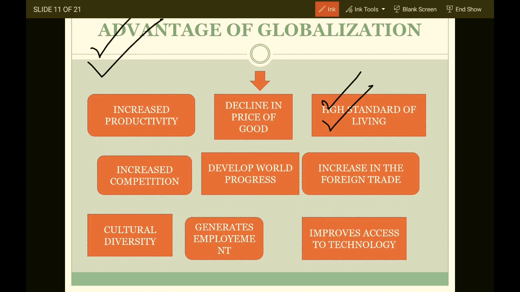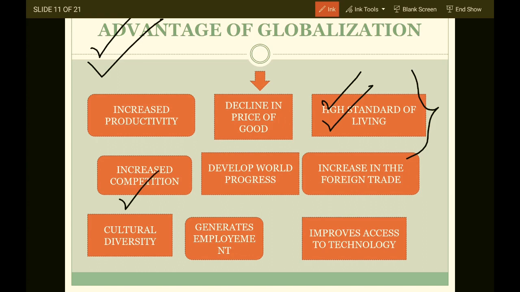Earlier we were just consuming the products of our own country. The products were not of such a standard, not technologically advanced. But after foreign companies and foreign countries came into our country and made more advanced, technologically better products, like the Apple company, the product is of a higher standard. Technologically, it is very sound. Of course the pricing is very high, but it is a techno product and more advanced. So the standard of living of the people increased after globalization. People used to purchase international products, products which are more sound.